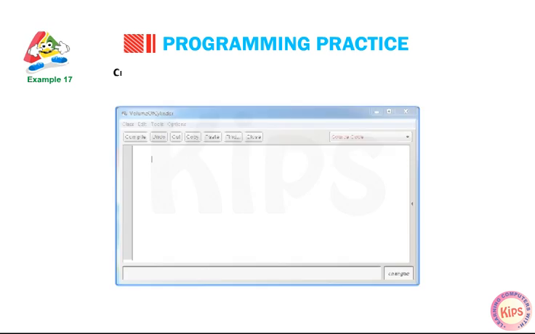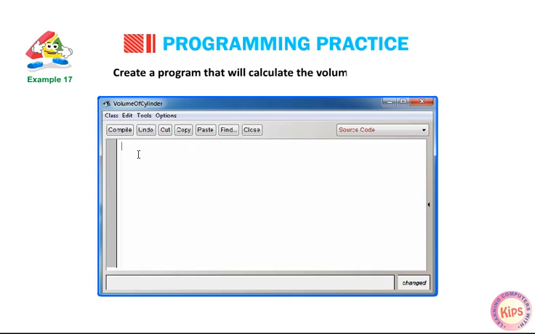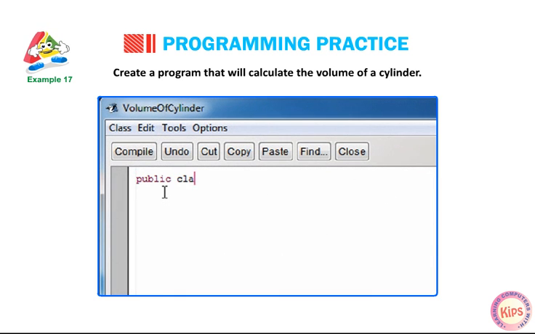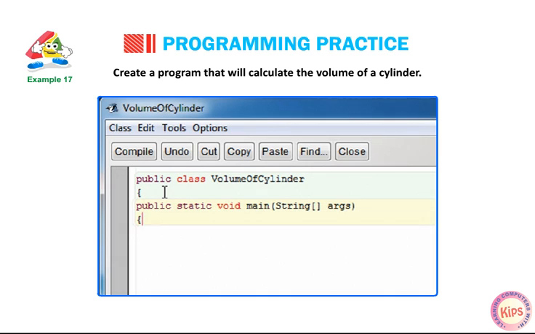Example 17. Create a program that will calculate the volume of a cylinder. public class VolumeOfCylinder { public static void main(String[] args) { double volume; float radius = 4.8f;